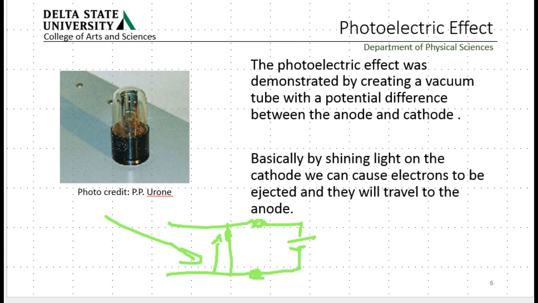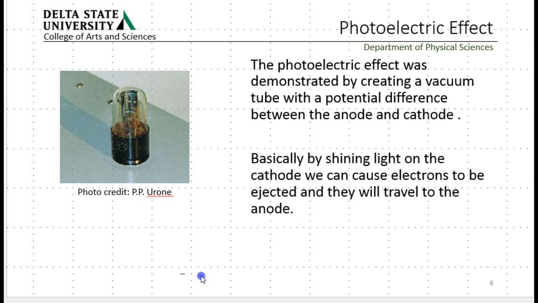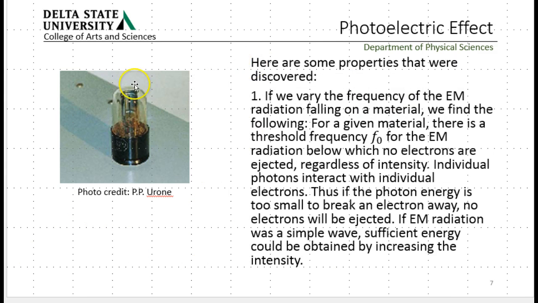And once you go up above that frequency, you can even turn the battery around, so that electrons would want to go the other way, and you can shine a light on here and you will get some electrons going that way, if you're high enough above the threshold frequency where things started moving. So what does all of this mean? Einstein was one of the ones that helped make sense of all this, and so here's what they found. You can vary the frequency, and